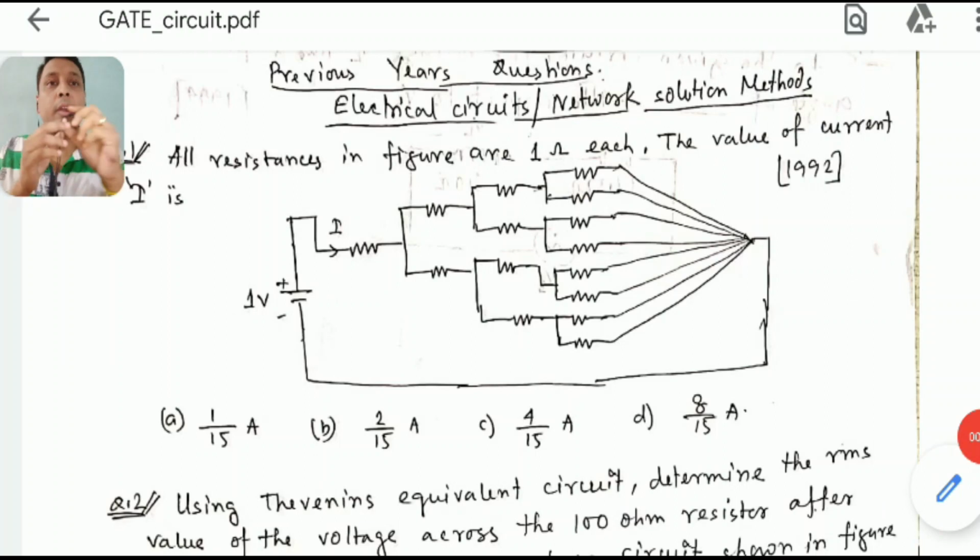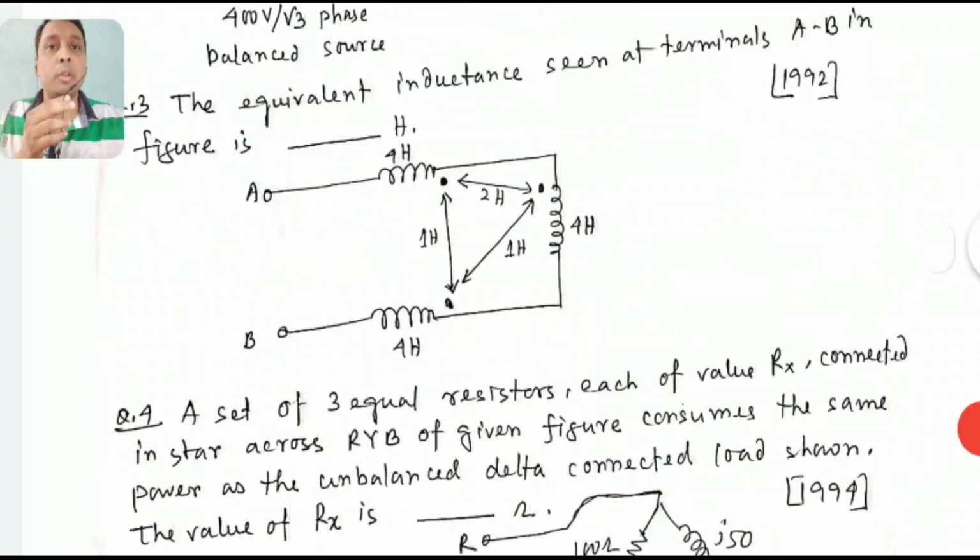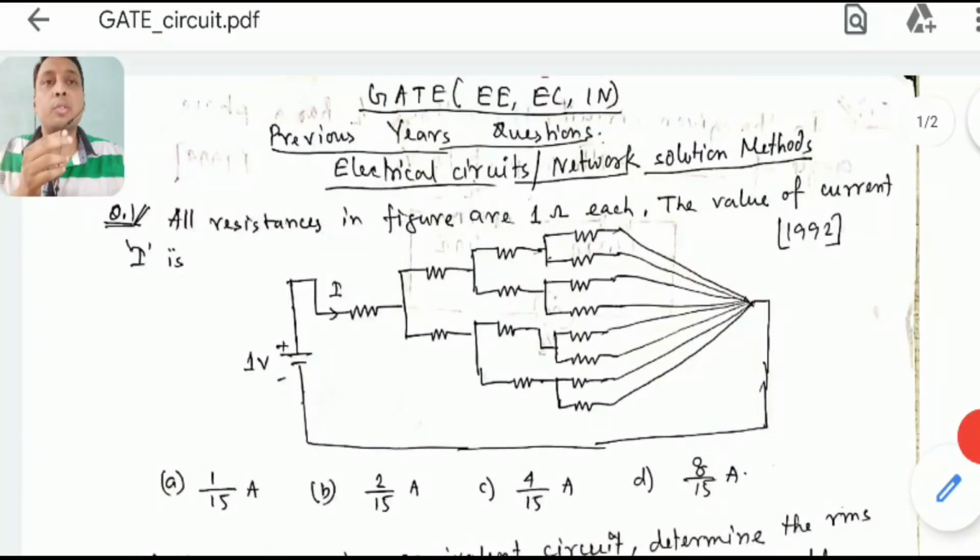Okay students, welcome you all to lecture 1 of this GATE electrical circuits or network solution, because for EC it is network solution, they named it, and for EE and instrumentation, and also for BM, biomedical engineering, it is electrical circuits. So for all 4 branches it is common. So today I have taken 5 questions, 1, 2, 3, 4, 5. Then let's try to solve all these questions.